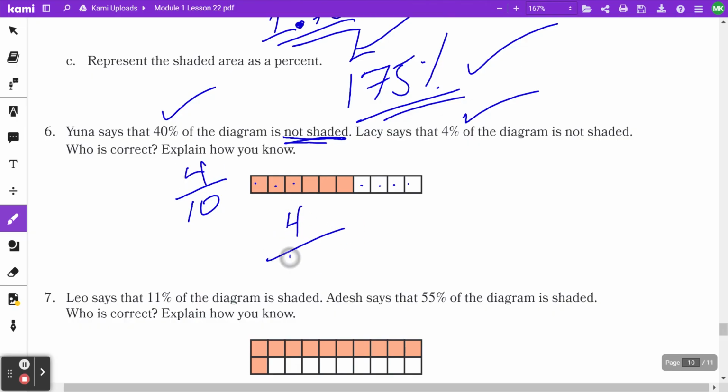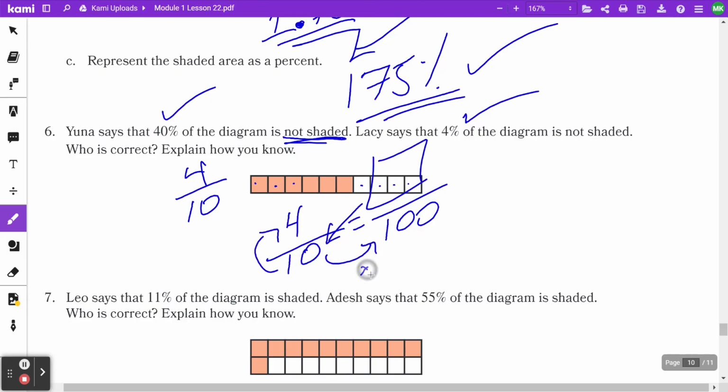But what is that out of 100? So I'm going to create an equivalency here. Okay, I'm going to be looking for that box right there. So I go across and I say, hey, should I go up or should I go to the right? I should go to the right. That's times 10 times 10. So that's 40. Okay, now I have my percentage. So that's 40%,